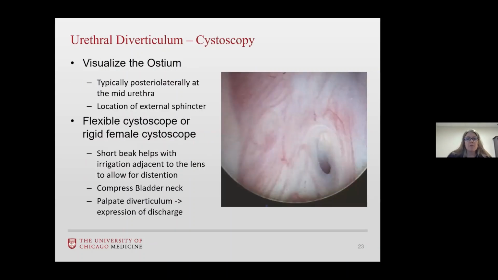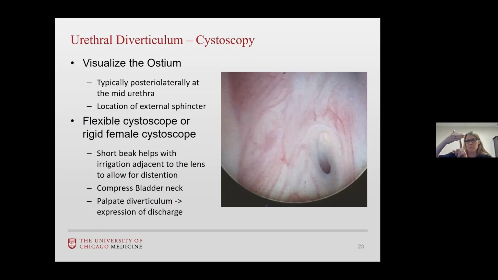And then cystoscopy. As I mentioned, you want to do a good cystoscopy of the bladder, try to get a sense of where the trigone is, and make sure there are no lesions in the bladder. And then, and this is what's challenging, you want to do a really good examination of the urethra. The problem is these are typically in the mid urethra, so your flow's not great, depending on what scope you use. Generally, I find the flexible cystoscope very useful,